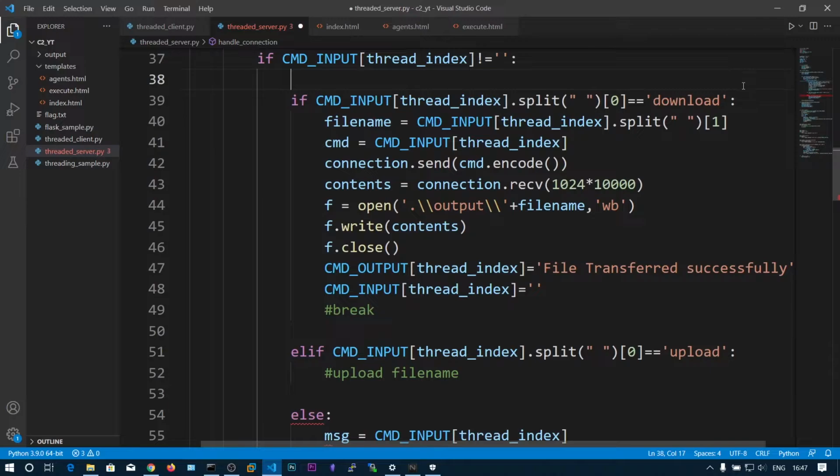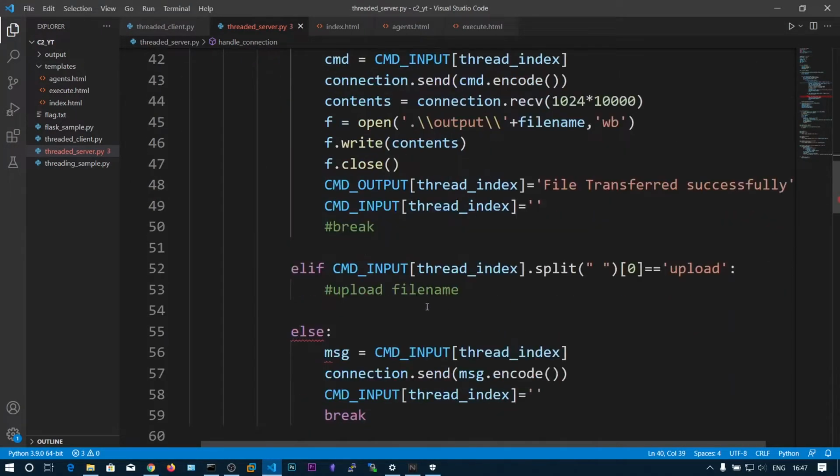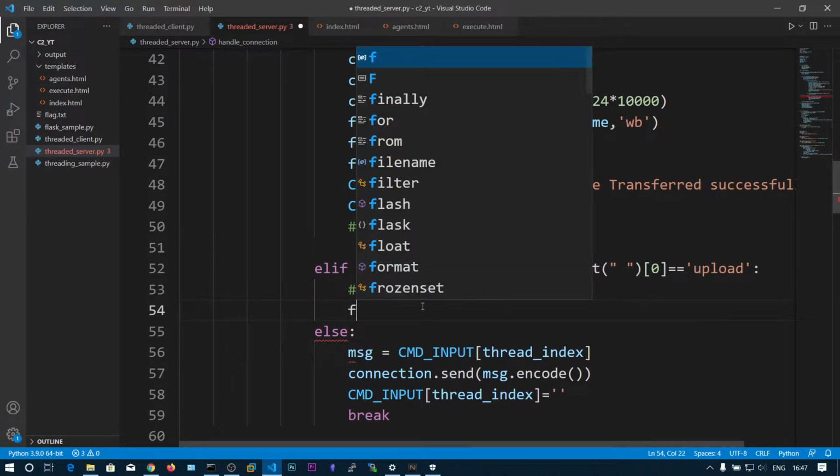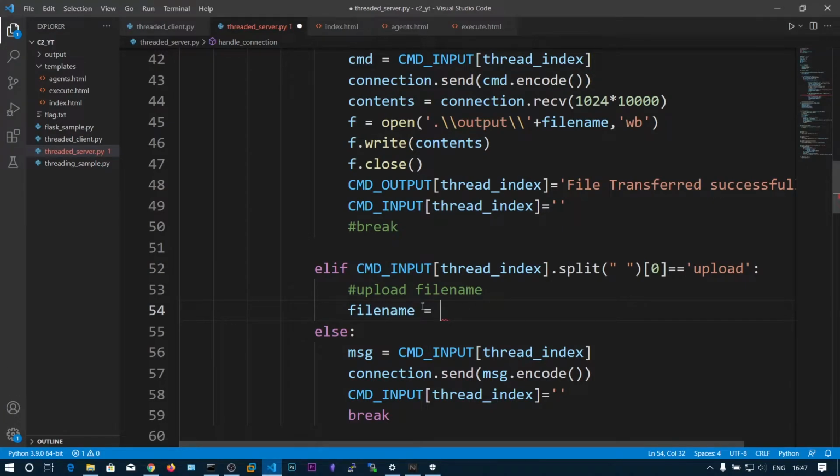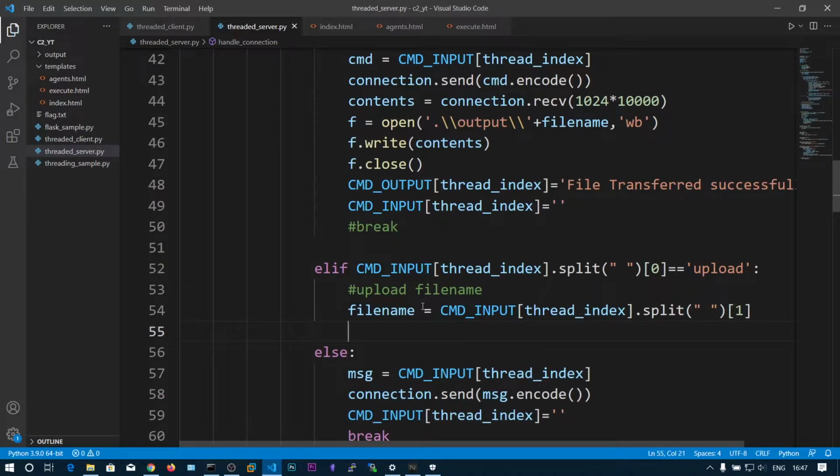So you can also cut this one and paste here. So let's get the file name. The file name will be the second element, that is first index. We'll be modifying a little bit from the download command.